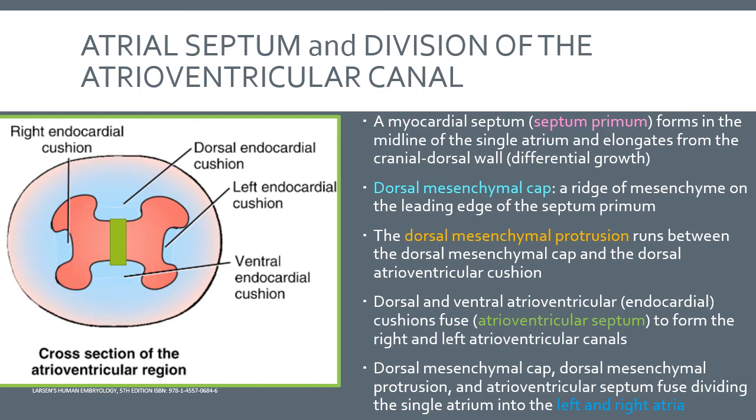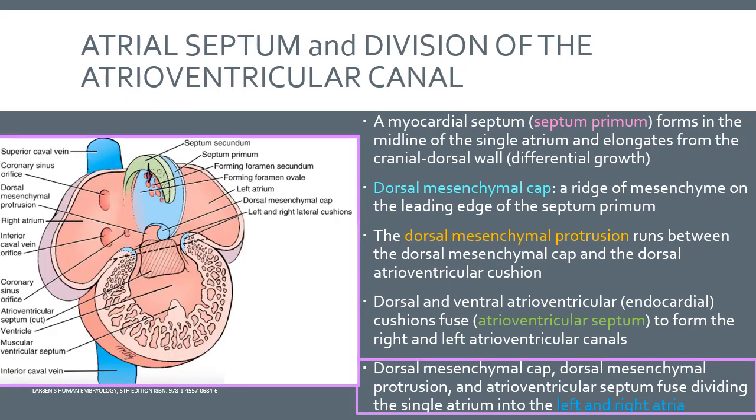Also, during this process, the dorsal mesenchymal cap, the dorsal mesenchymal protrusion, and the atrioventricular septum, okay, as they're all growing and developing, are going to fuse together, dividing the single atrium into the left and right atria, okay? And that whole process of all these structures growing together and fusing gives us 3 chambers in our